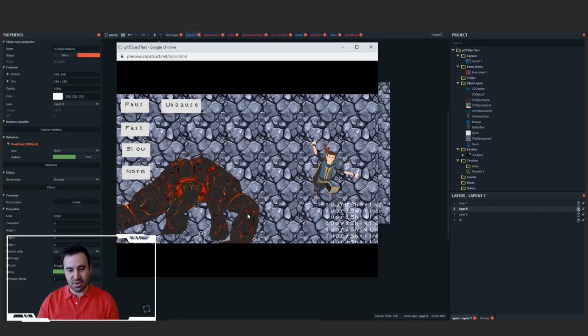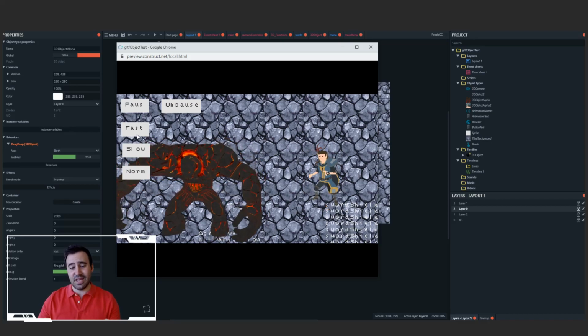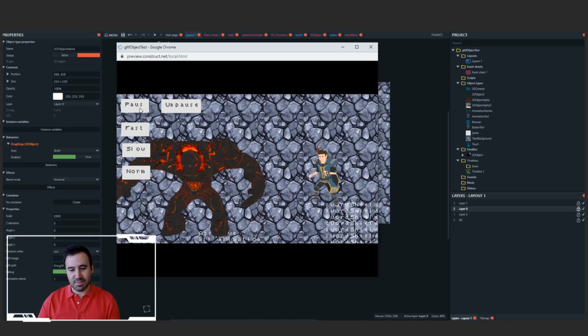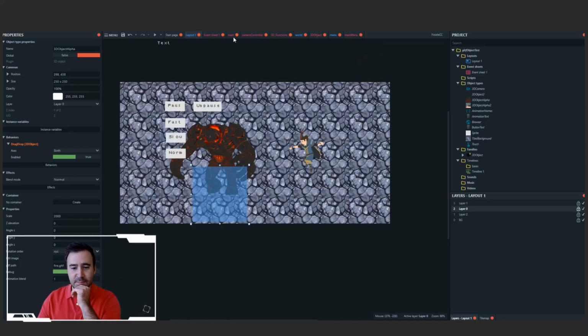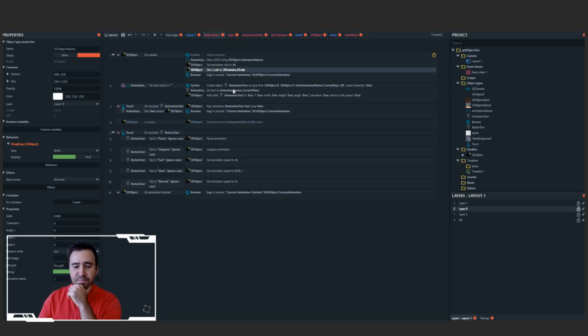This is just a little demo here. You can change the speed of the animation itself, right? You can make it slow, you can make it fast, you can make it normal. You can pause the animation, unpause. Inside of the event sheet, if you come over here, you'll see some basics of, hey, there's this condition for